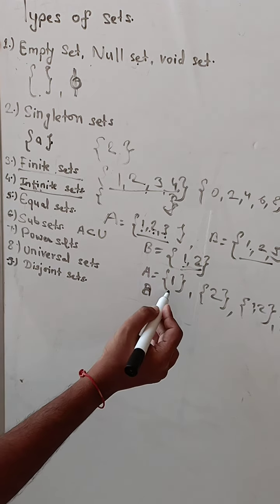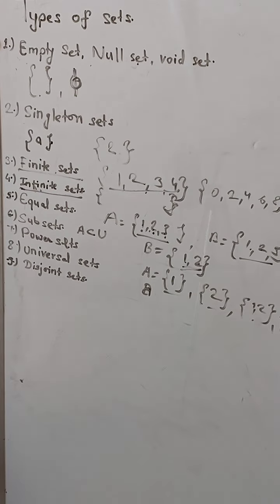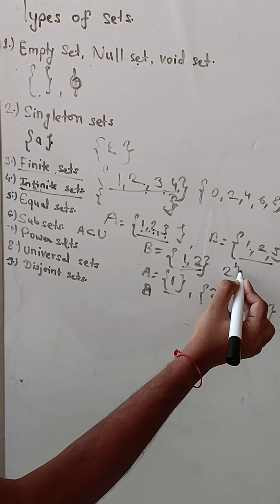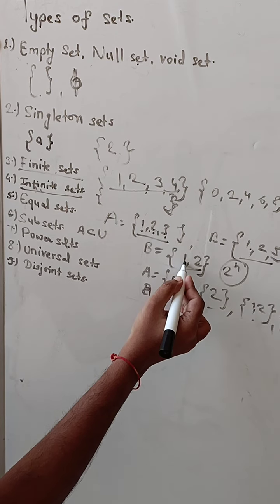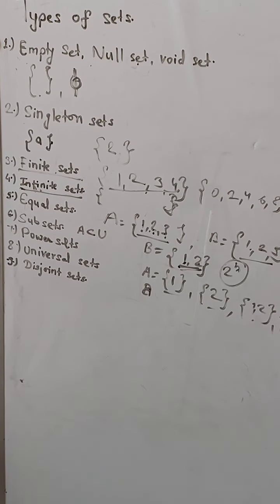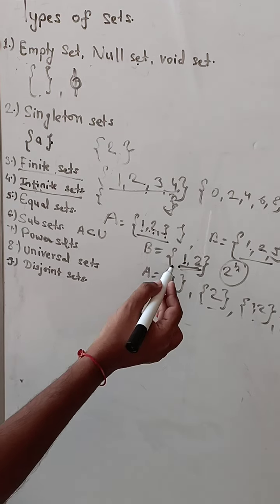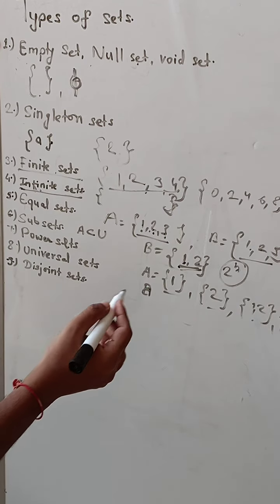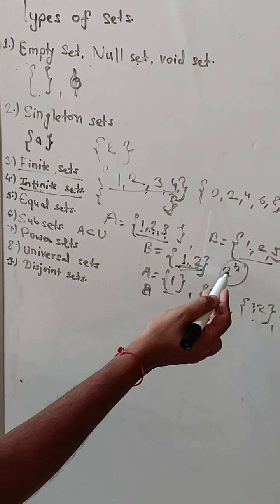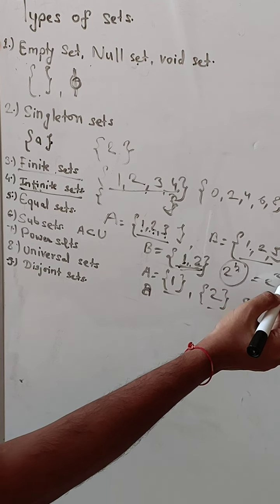So how many subsets do we have? 1, 2, 3, 4. For those who want to know more about this, how many subsets can be formed from a set? There is one formula, 2 to the power n, where n is the number of elements. It's also called cardinality. That's a more advanced topic, I'll teach it in a later video. Just a basic revision of types of sets is here. There are only 2 elements, and that's how 2 to the power 2 gives 4